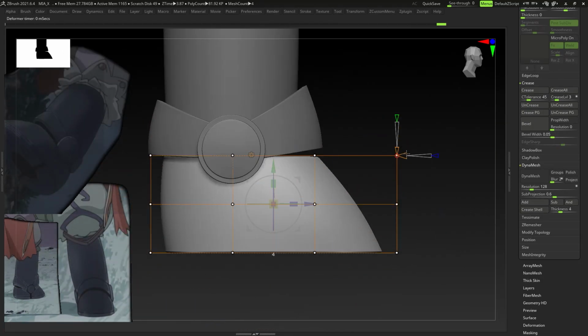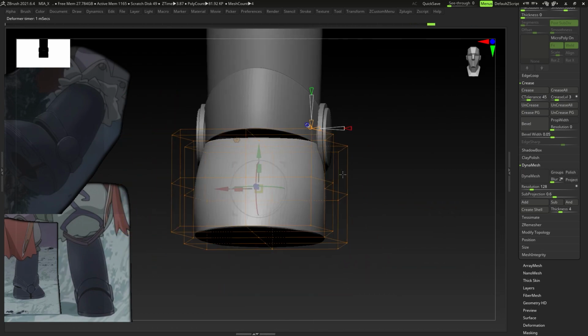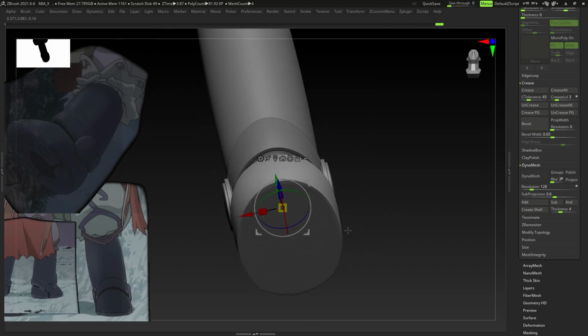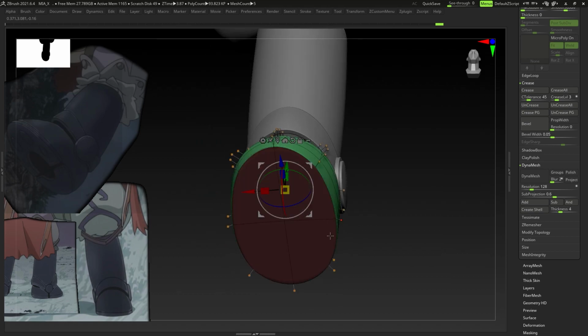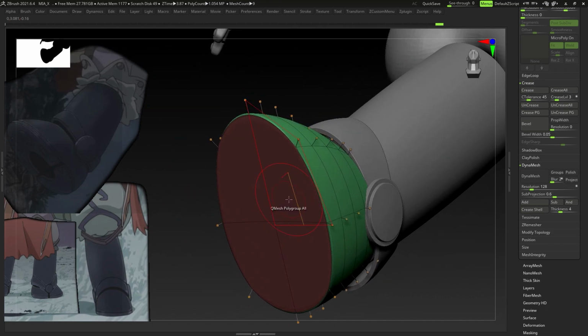And again, I'm fast forwarding through this because all it is is shaping that. You don't actually need to see me doing it in real time. The idea behind this video is just the concept, not the actual creation of this. Okay, and here for the bottom of the feet, what I'm going to do is kind of the same thing